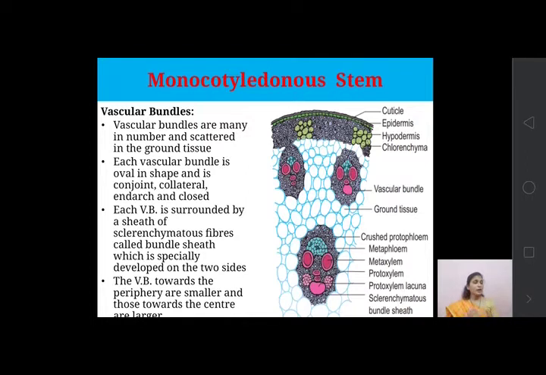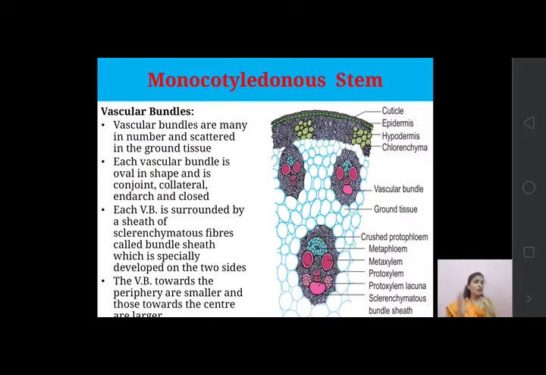These vascular bundles do not show cambium or meristematic tissues. Each and every vascular bundle is protected by a bundle sheath, which is made up of sclerenchymatous thick-walled cells. They are present at the lower and upper side, and also at the side regions. Now the xylem and phloem tissues: xylem is present at the lower side and the phloem is present towards the outer side.